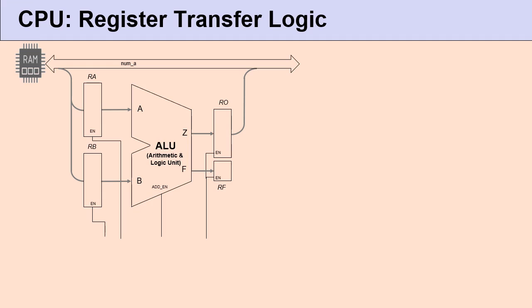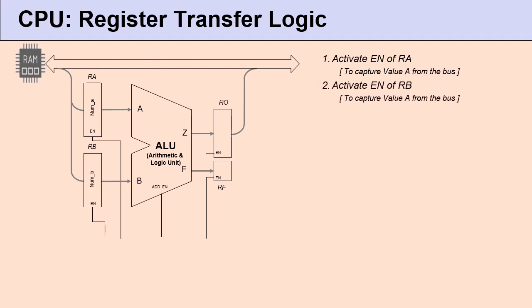When this number is available in the system bus, we need to send the control input to the register A, asking it to capture it from the system bus and store it within itself. Next, we need to tell the memory to send the second value, that is number B. When that number arrives, we need to tell the register B by activating its control input to store the value